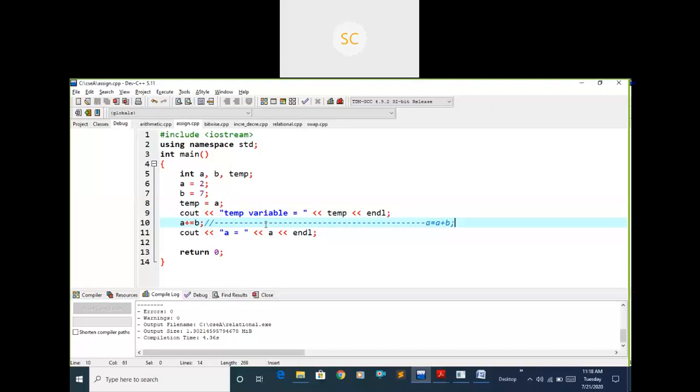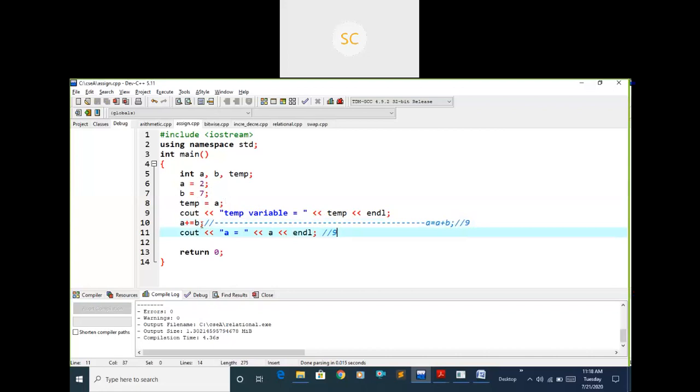How will it work? Initially the A value is 2 and the B value is 7. Both will be added here, then the entire value is assigned to the left side variable A. Then A will become 7 plus 2, which is 9. I have printed A here, so you will get the output as 9.